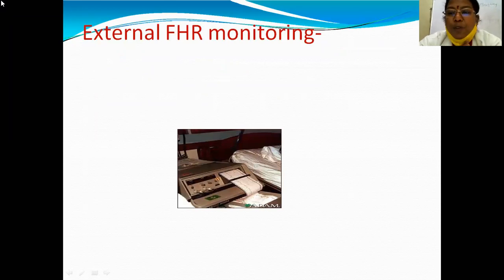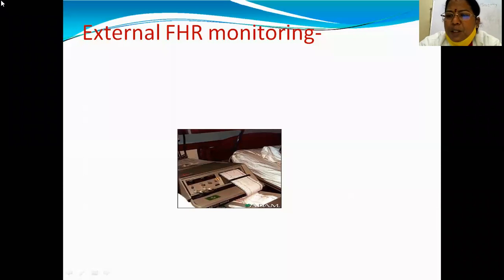So first we'll go for intermittent auscultation, then the fetal cardiotocographic machine or external fetal heart rate monitoring. Intermittent auscultation is the technique used to listen to the fetal heart sound for a short period of time. We cannot keep the stethoscope on the maternal abdomen and go on listening, as it will be very stressful to the mother and also to the physician. So it is only for a short period of time, without display. There is no display when we are hearing the fetal heart rate on a stethoscope or fetal heart Doppler, that is, tracings will not be there.